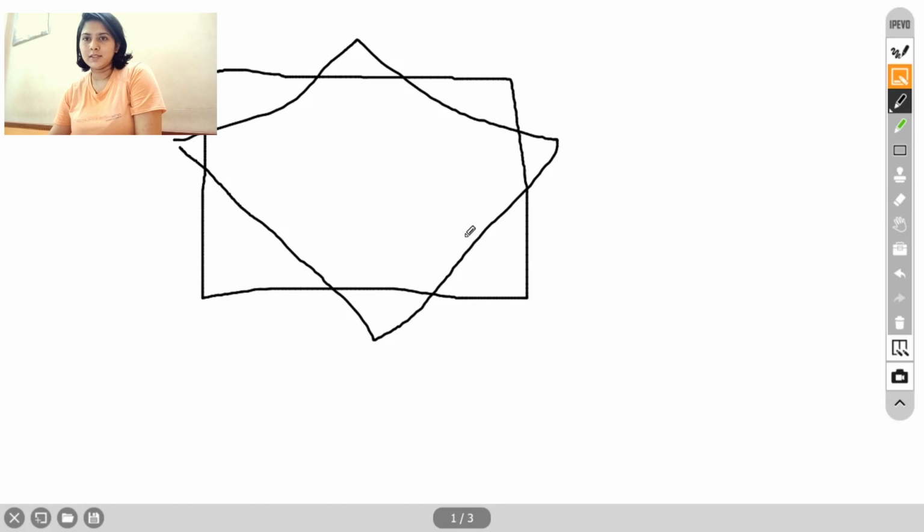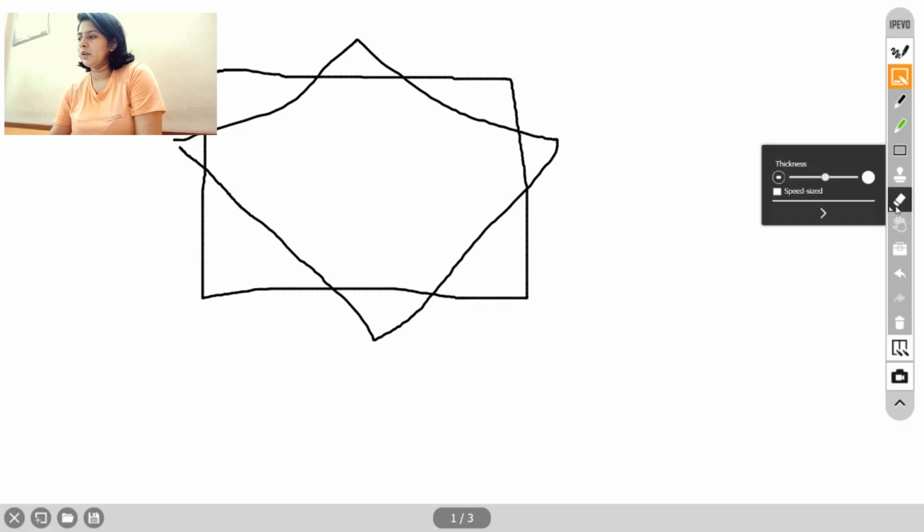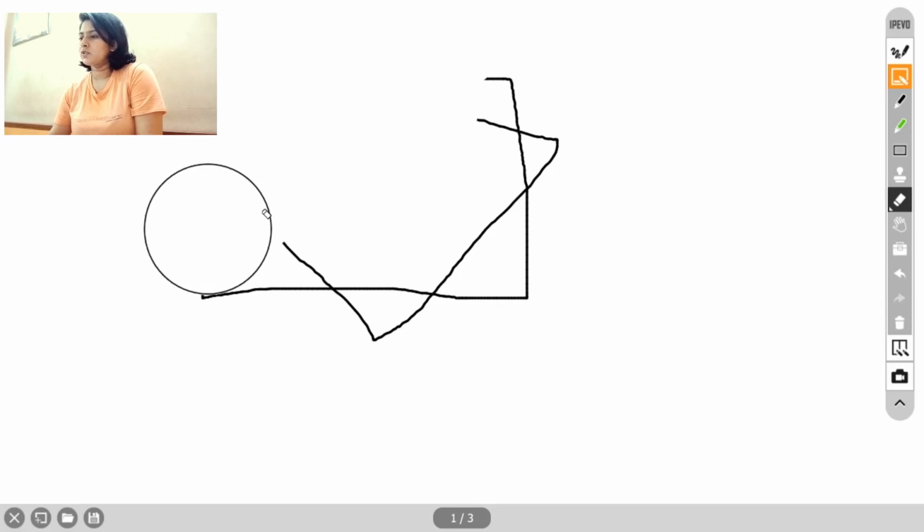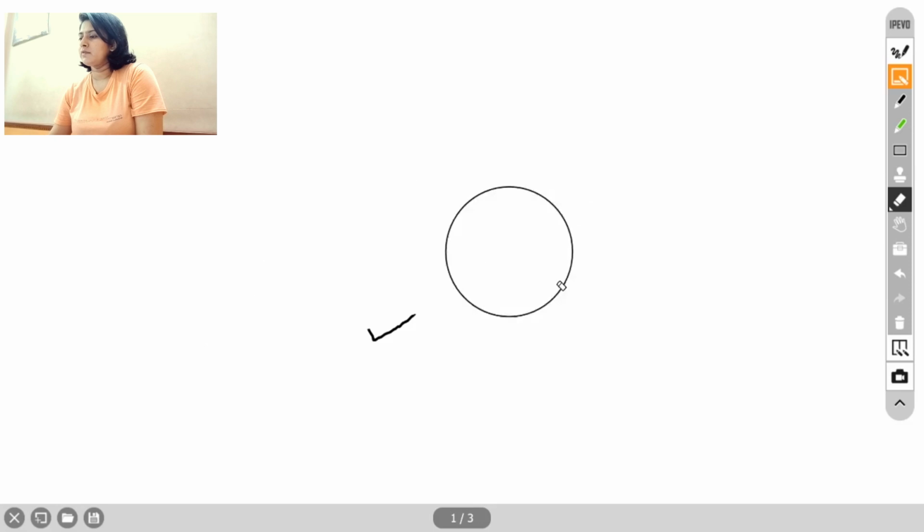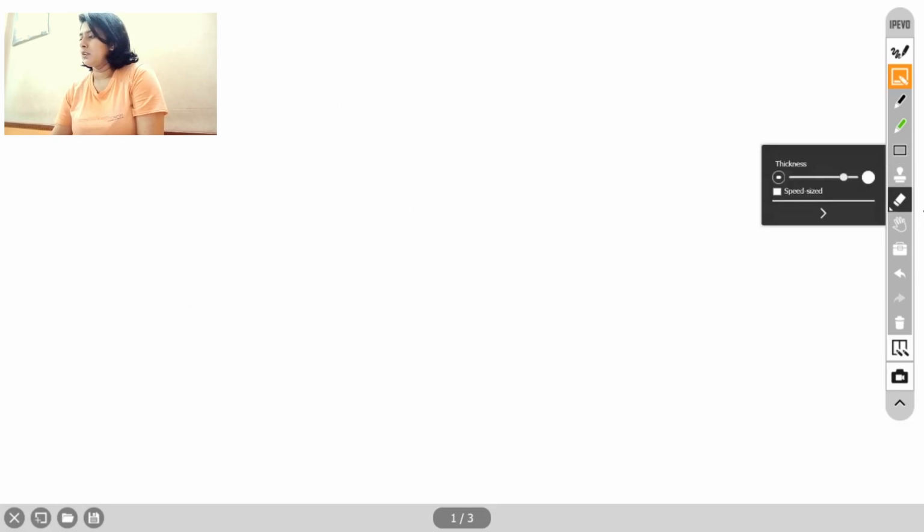And now if I want to erase this thing, so where's the eraser? So this tool here, eraser tool, you're just gonna click on it. If you double click, you can adjust the size of the eraser too. If I increase the size of the eraser through the slider, so this is my eraser, and I'm just gonna move it over whatever I've done on my board, and everything gets deleted.